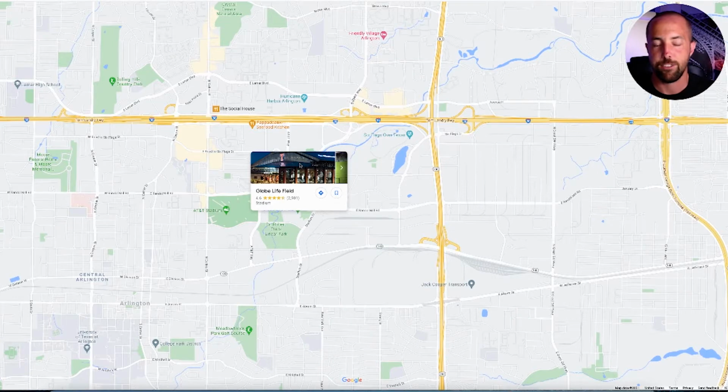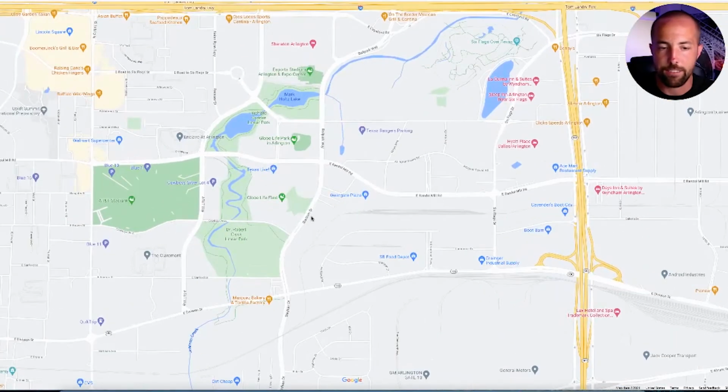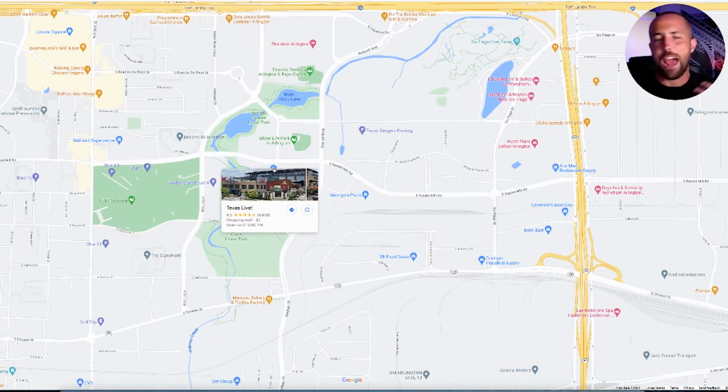So if you get the chance to catch a game there, you definitely have to check that out. Okay. Now you also have Texas Live. I'll mention this as well. So if you just want to be around the game while the games are going on,